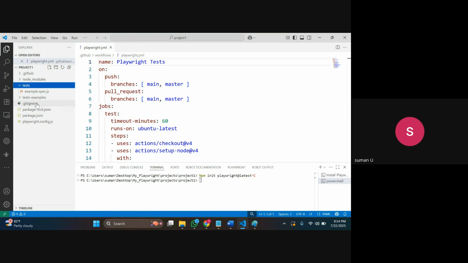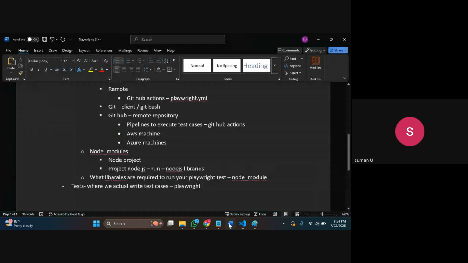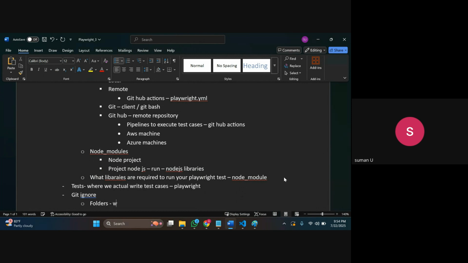Okay. And then you will see a file called .gitignore. This file contains a list of folders which should not be tracked